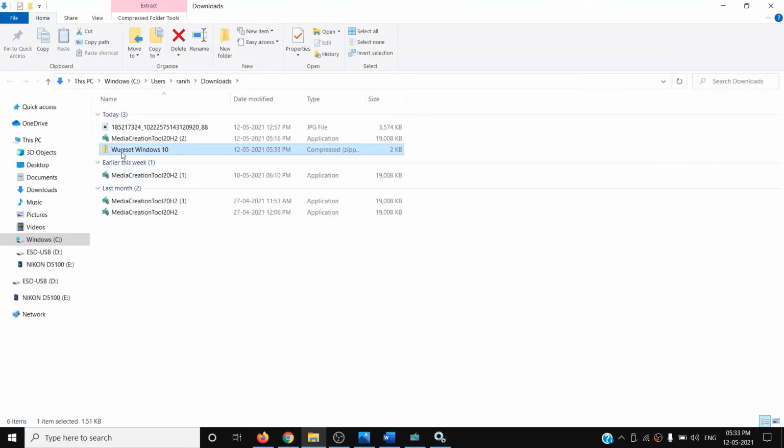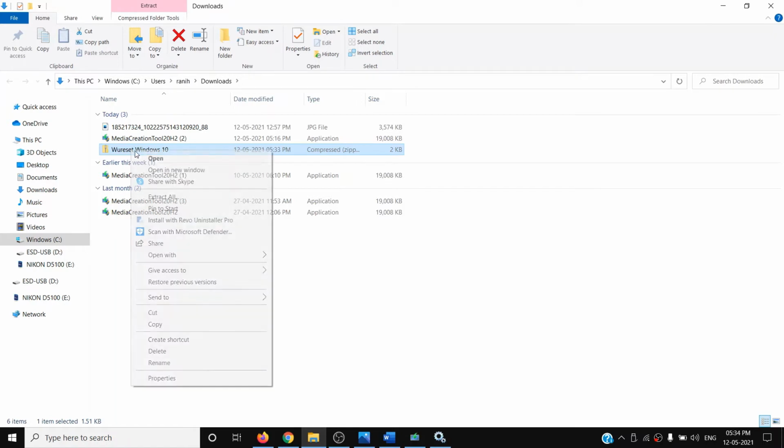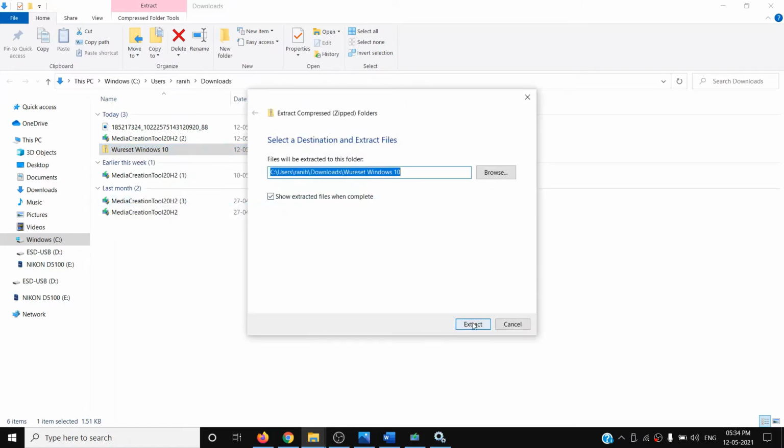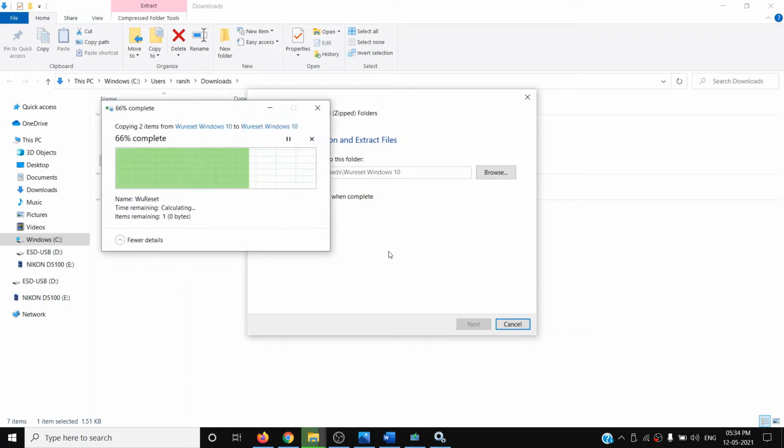Now once the download is complete, it will download a zip file. You have to go ahead and extract the file. So click on this and then click on show in folder. Go to the download location, right click on WU reset Windows 10 and then click on extract all and then click on extract.